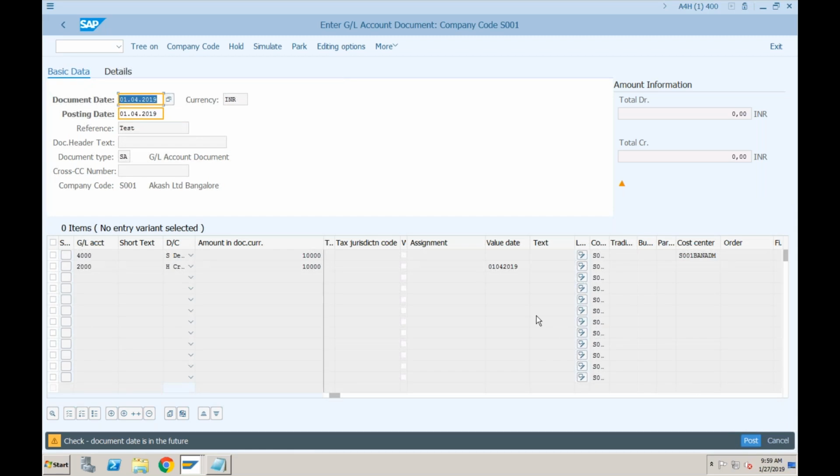This is a warning, just press enter. Another warning, press enter. So now there is another error of no entry found in table FINSC_CMP_VERSION for company code S001 version 000. Can you tell me, is this a common error in ECC or does it seem to be a new error?